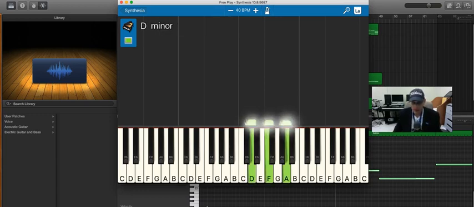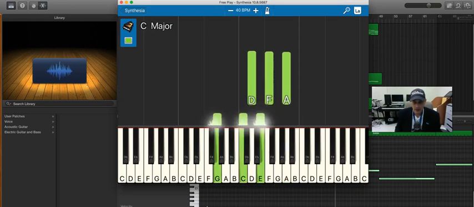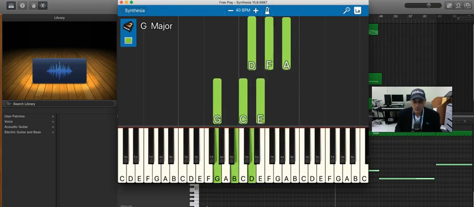Okay, so again, the bridge, DFA, followed by GCE, GBD,